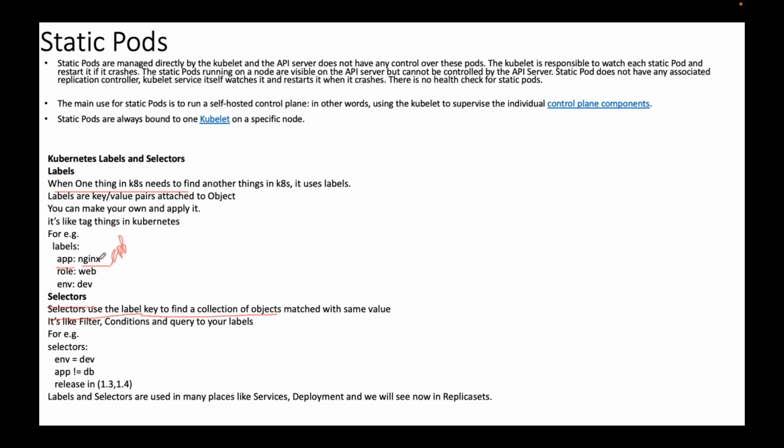That will not make any sense, right? Is there any way you can uniquely identify if I give app as app, role as role, env as env, like that? No, it's key value pairs, key and value as per your wish. Now this we already used, but I thought of explaining.